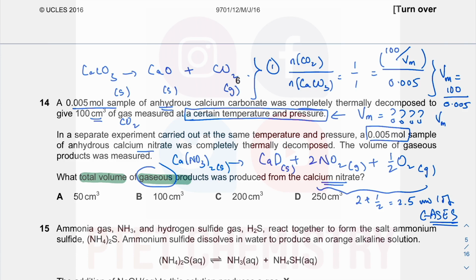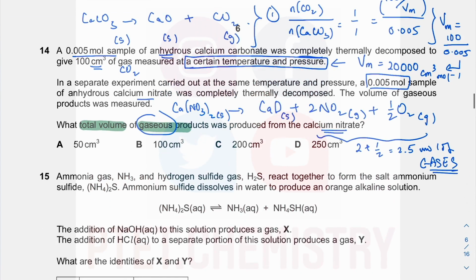So you can work out your rearrangement of equation, and I hope you can see what I'm talking about. Move this up, and then you will have 100 over Vm equal to 0.005. Then make Vm the subject of the formula. This is 20,000, in cm³ per mole. So that is the information that I get at this certain temperature and pressure based on the data given to us. And now I know the molar volume